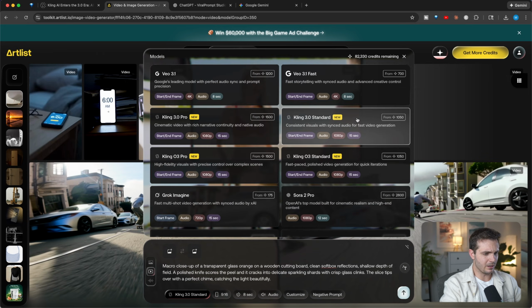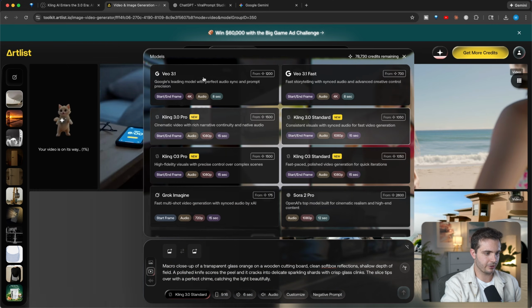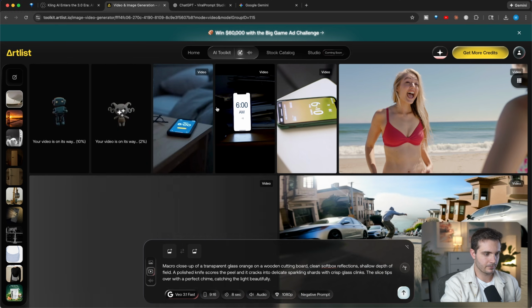Let's paste it in here and let's not go with any fancy model. Let's use Kling 3.0 standard and let's select 6 seconds for this. Hit create, and we'll create a video with VEO 3.1 Fast as a baseline and with Sora 2. But now if you want to create a multi-shot sequence with different angles, we can use